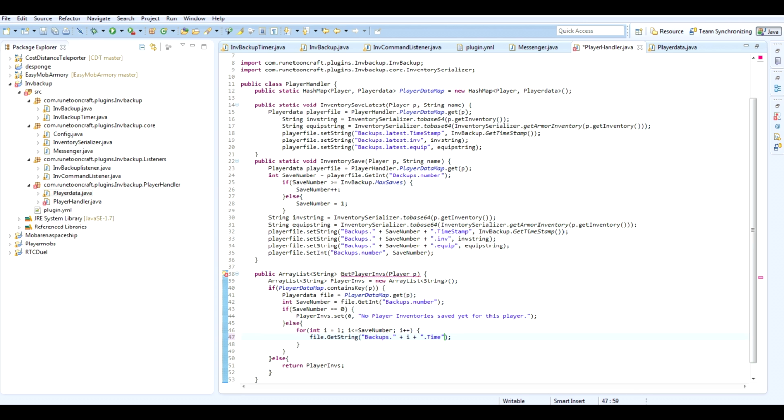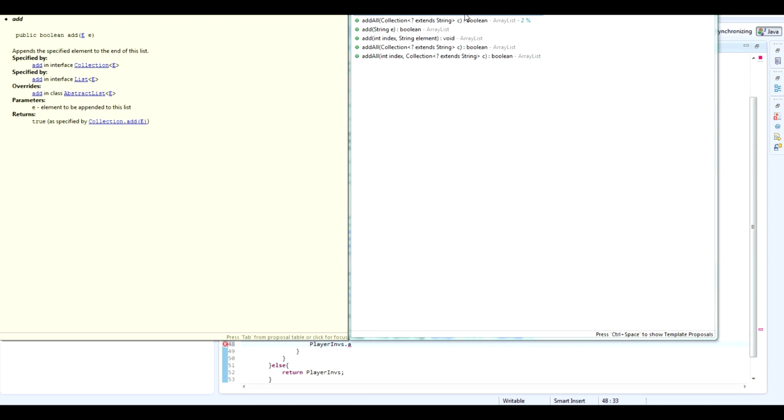This is just getting the timestamp. Okay, so we got the timestamp. So String, and this is case sensitive. It needs to be in caps correctly. And the String timestamp equals file.getString backups timestamp, and then you want to do playerIms.add